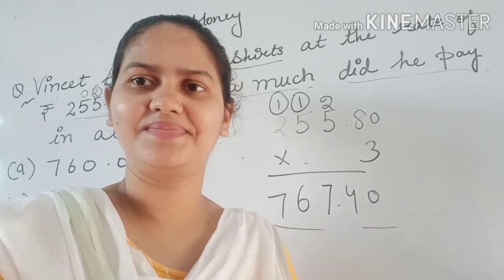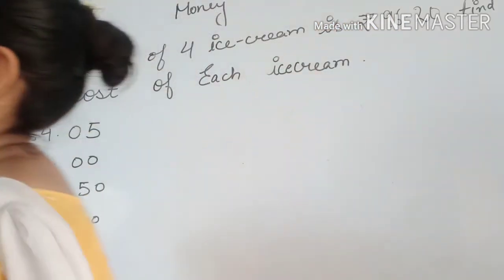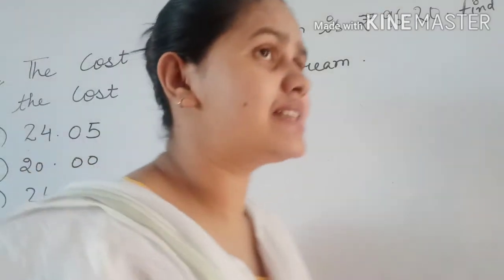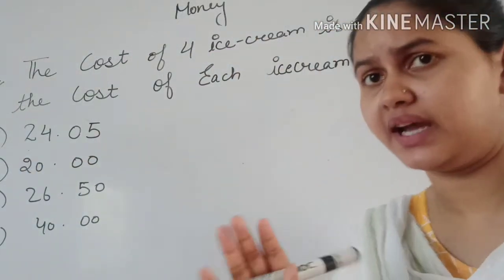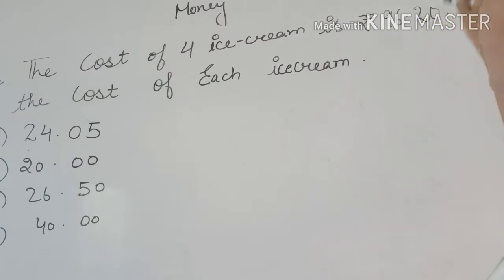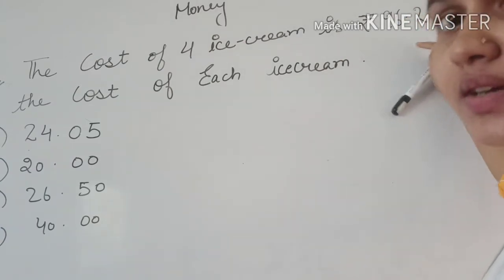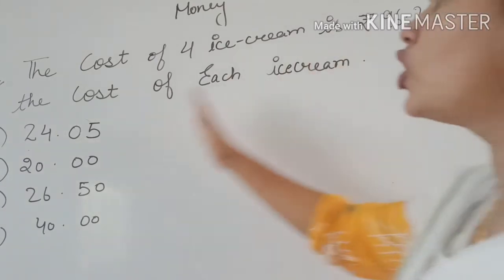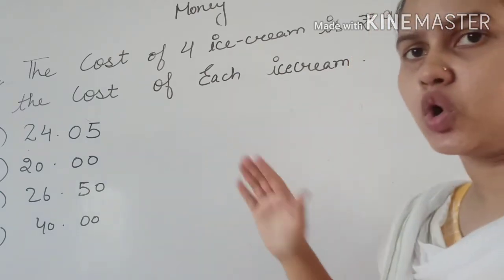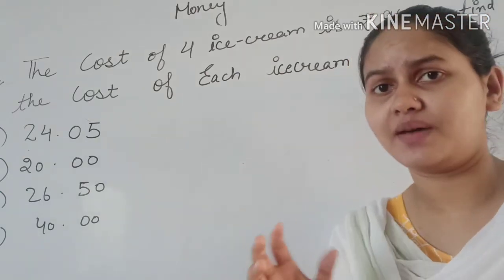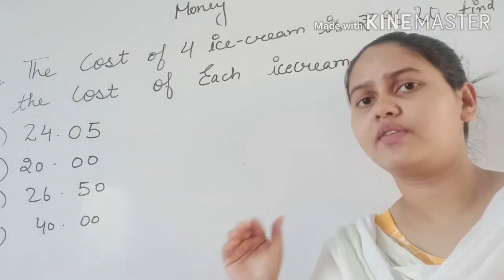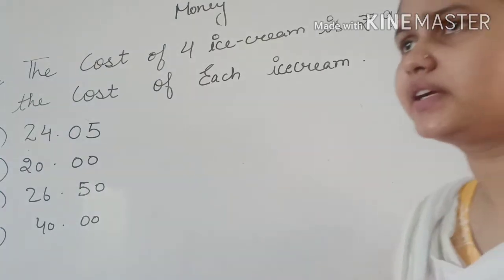Okay. So students, now you can see the statement. The statement is about the cost of 4 ice creams. The cost of 4 ice creams is this much. How much? 96.50 paise. And now what do we have to find out? We have to find out the cost of each ice cream. Hope this one is visible. Okay, now that's why I am showing it so close to you, so that it will be visible to you on screen, if you have a low data problem or connectivity problem.